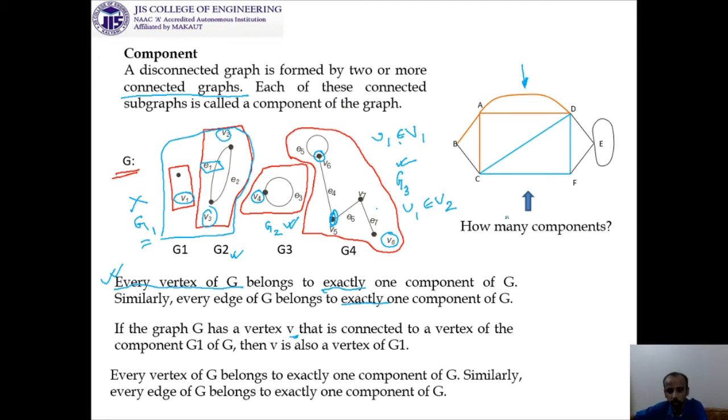Obviously, when this component term is coming, we can start thinking of counting the number of components in a disconnected graph. But unfortunately, this is a connected graph. Then how can we count? Without loss of generality, we can claim that this particular graph, which is a connected graph, has one component, only one. And it is a vice versa rule: if you have a connected graph, then it will have one component, and if you have one component in a graph, the characteristic of that graph will obviously be a connected graph.